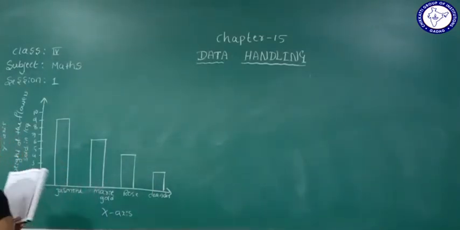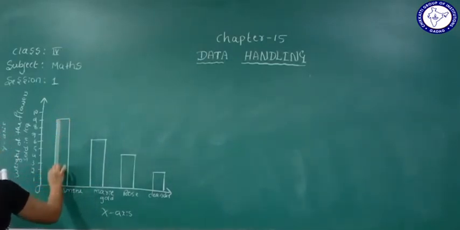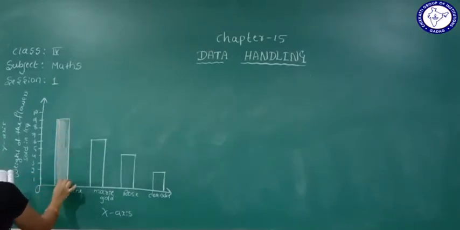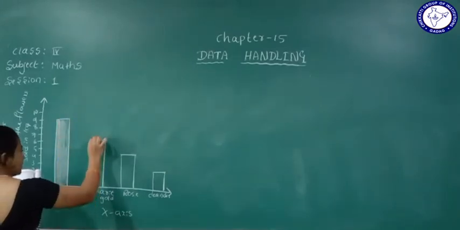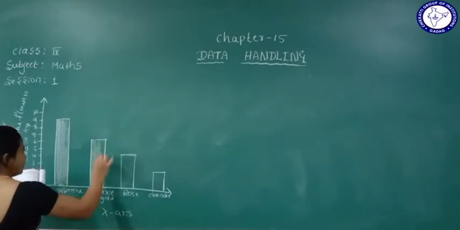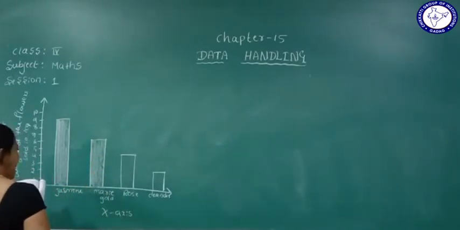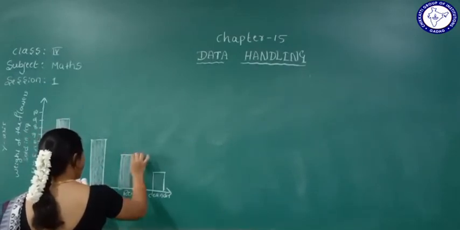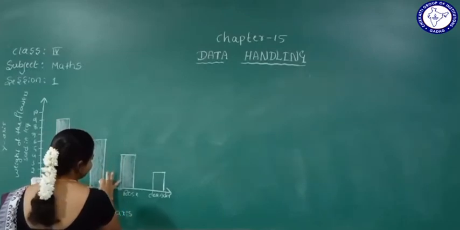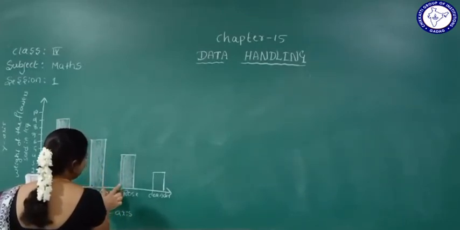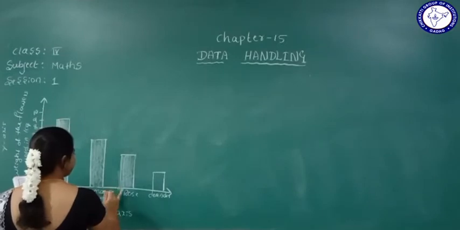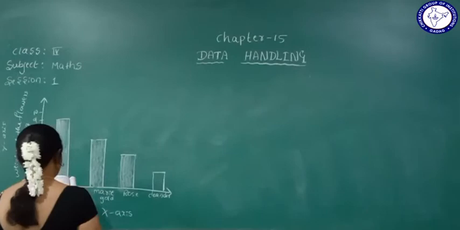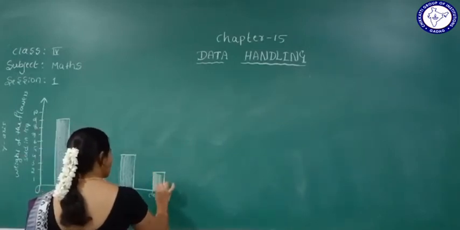They are asking questions. So this is 9 kg of jasmine sold. And this is how much? 6 kg of marigold sold. And here, this is 4 kg of what? Rose sold. So this is 4 kg of roses. They have given questions to you, so we'll give the answers to those questions.